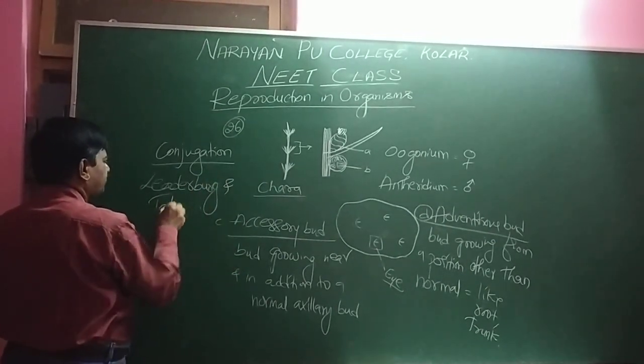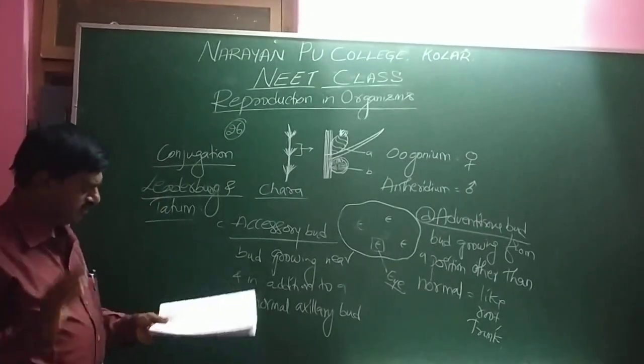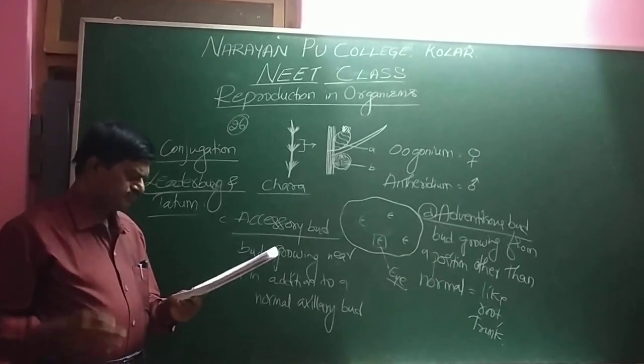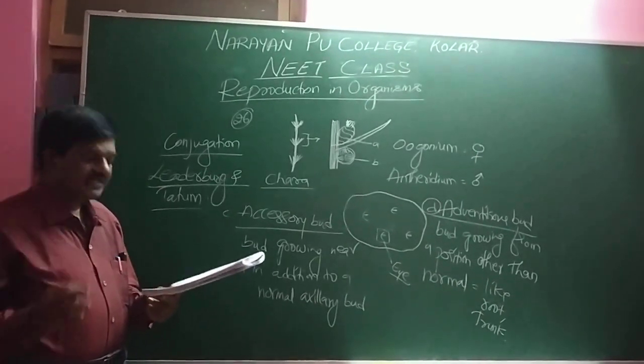and Tatum. Lederberg and Tatum discovered conjugation, but this is the wrong one. So we go for the second one, transduction. Again, transduction is again